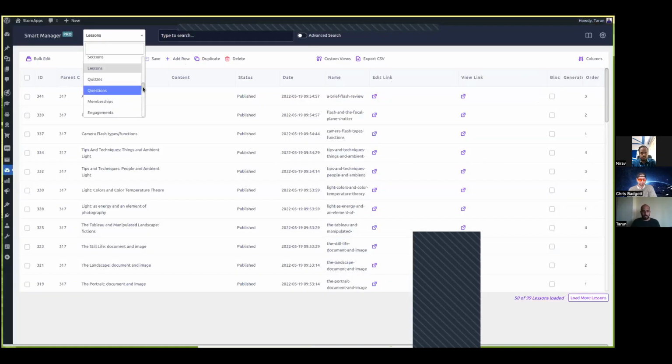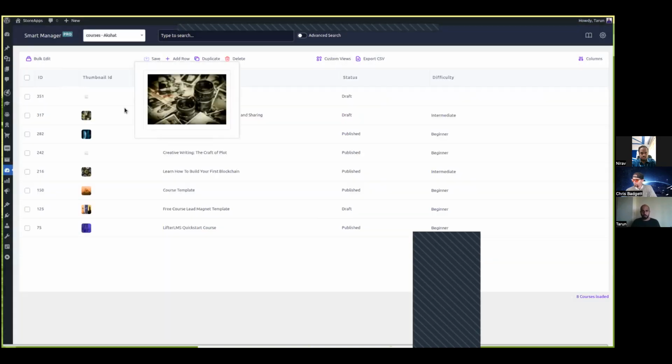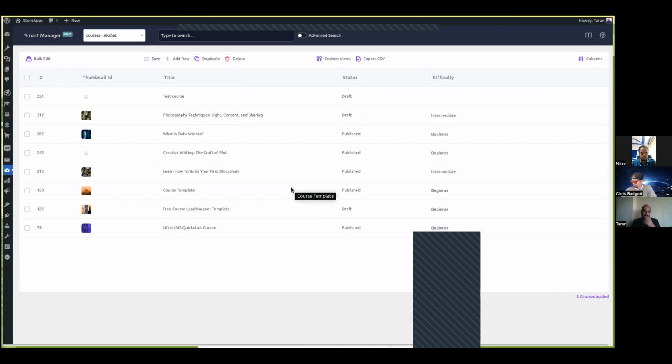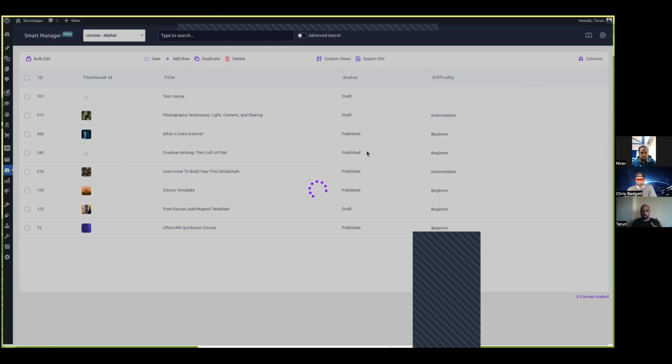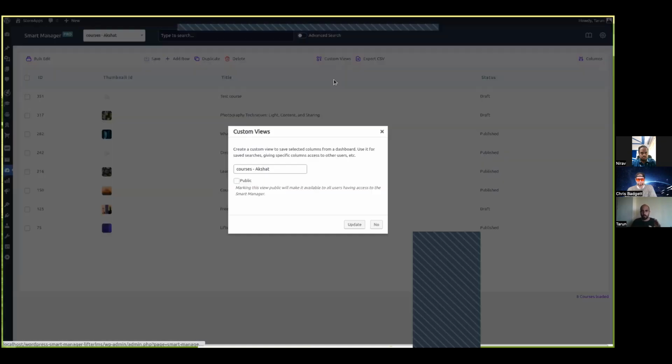Similarly, I explained about the views. So I'll just go back to the views once again. Now this is a view that was accessible by Akshat and by the person who has created it. Because I created it, it is accessible to me. Now, because I have created it, I also get the feasibility to update or delete the view as well. What I mean by update is I can change some columns. So let's say I don't want the difficulty column, I'll just update this. I'll say, okay, update the view.